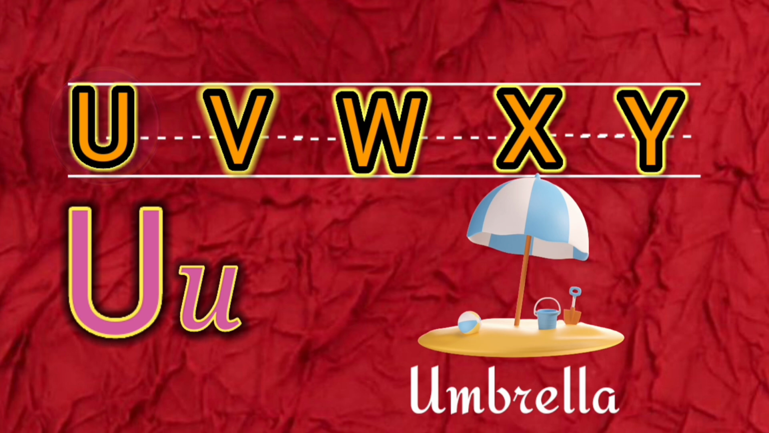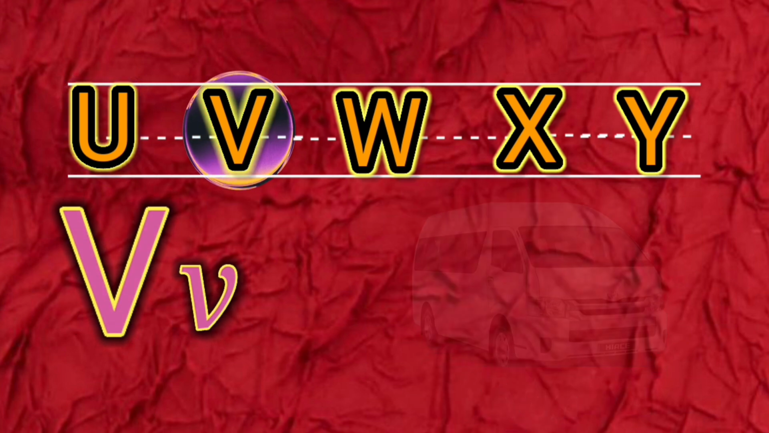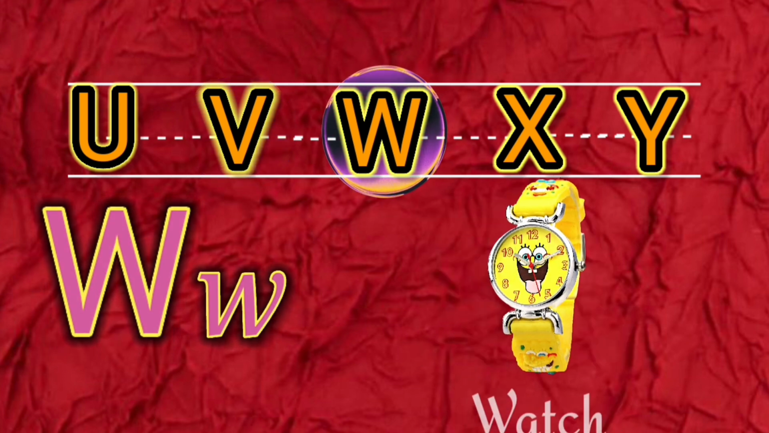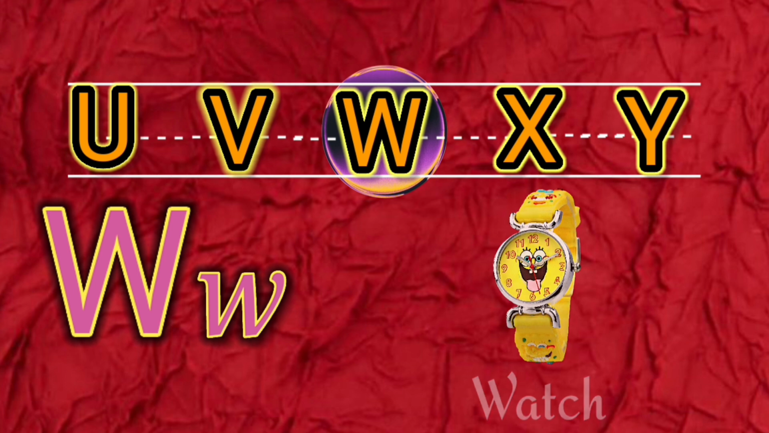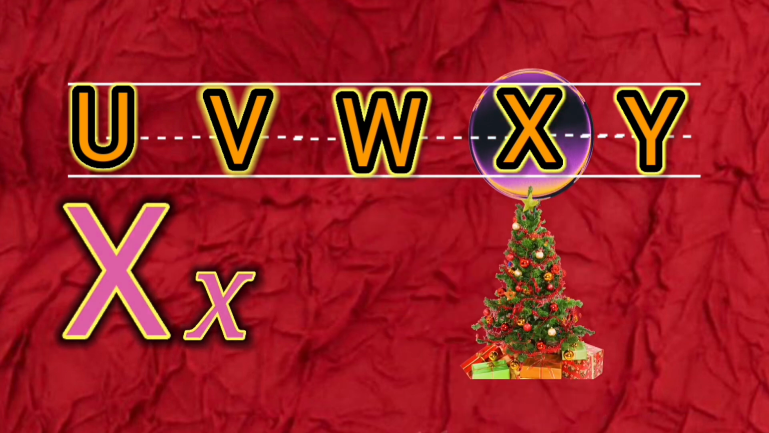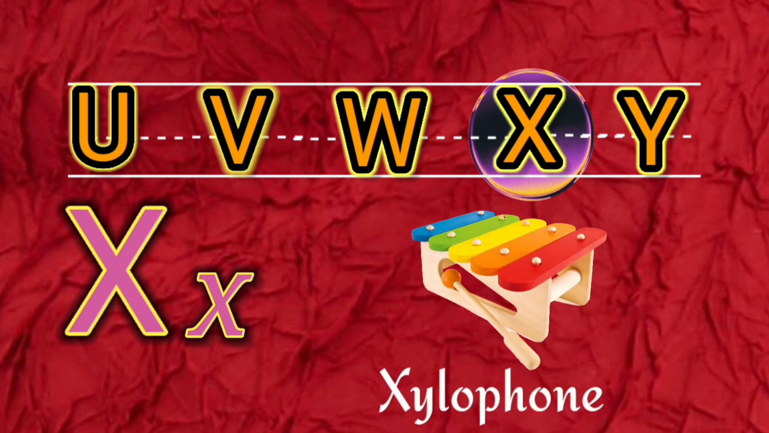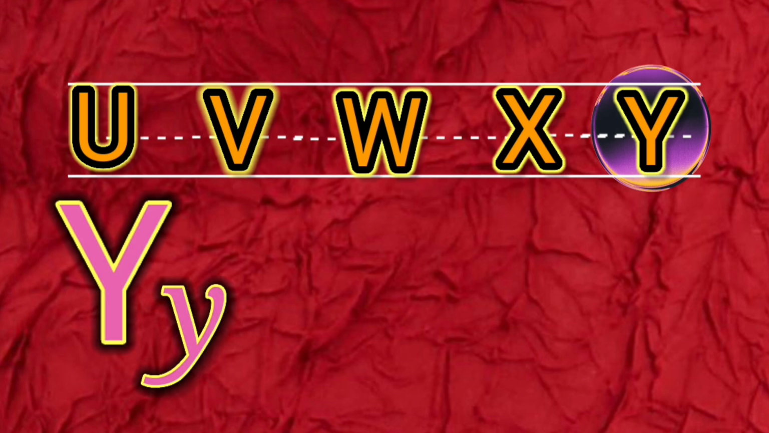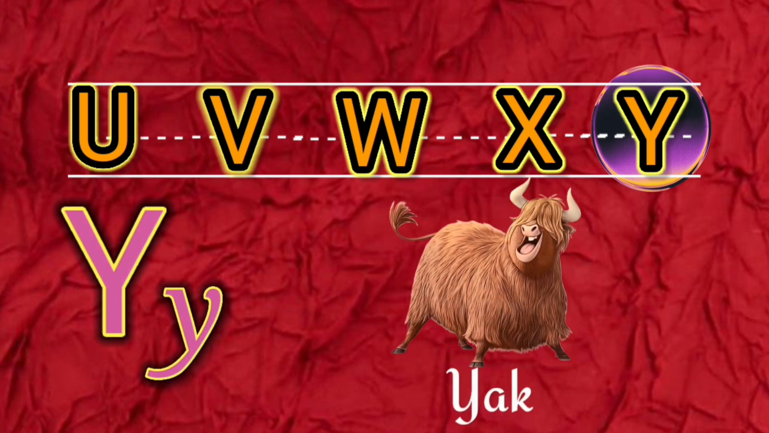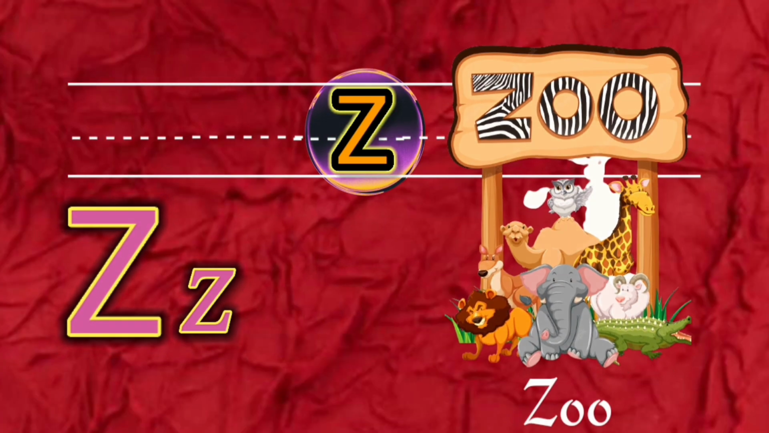Simple. V for van. V for volcano. W for watch. W for whale. X for X-ray. X for xylophone. Y for yoga. Y for yak. Z for zoo. Z for